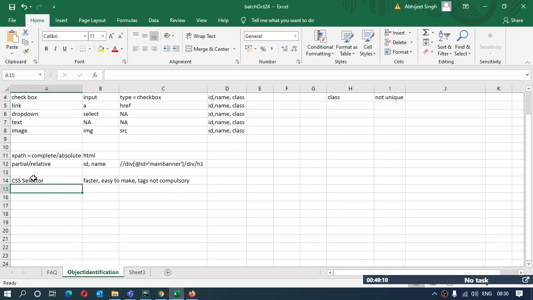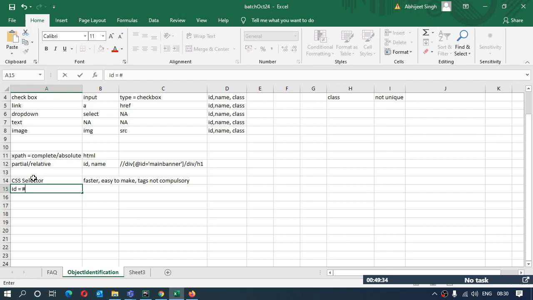What are those rules? Like for ID, I want to use ID. So for using the ID, I will not be giving that tag name. I'll not be giving this ID over here that this is the attribute I'm going to use. I'll just use a symbol that is hash, followed by the value of that ID attribute, and that's done.